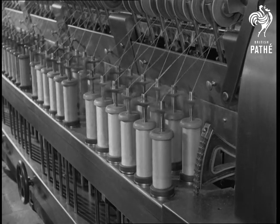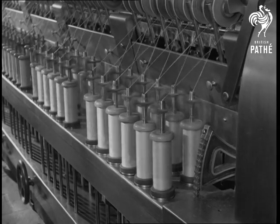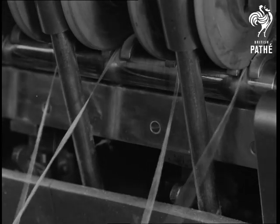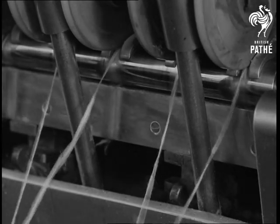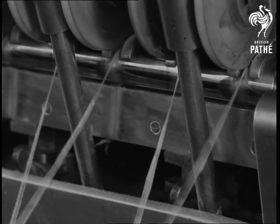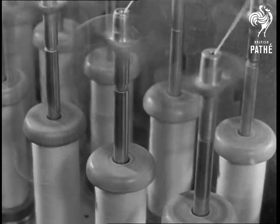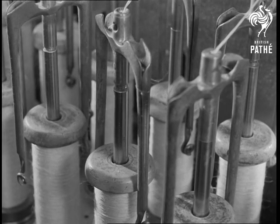In the end, the sliver arrives at the spindles, which put the first and rather loose twist on it. This is what the sliver looks like just before it is twisted. Each line is going to a spindle, which it enters through a hole at one end. Almost at once it passes out through another hole in the side of the spindle and down one of the